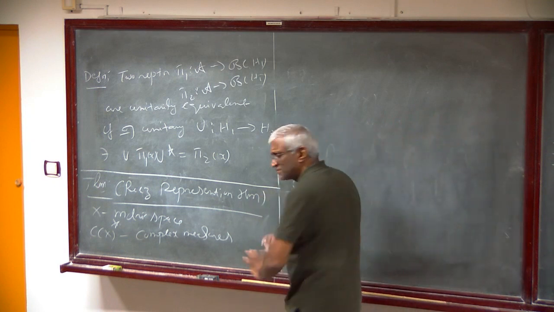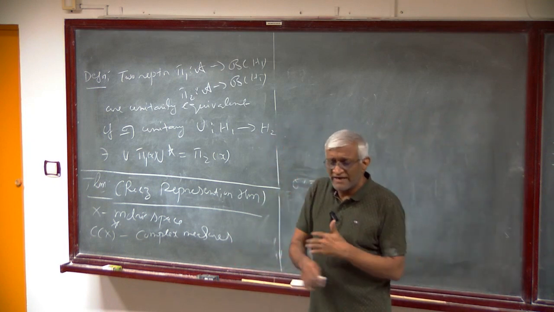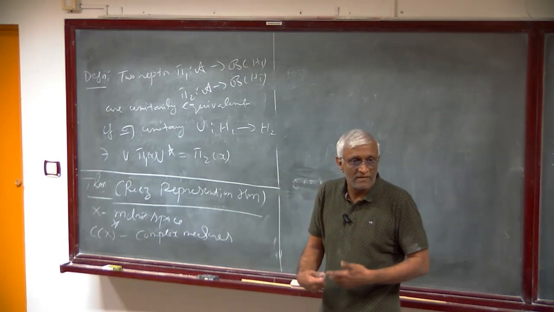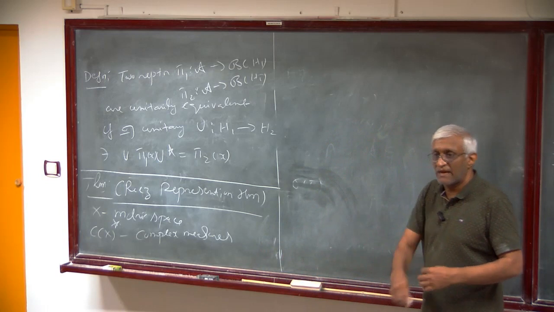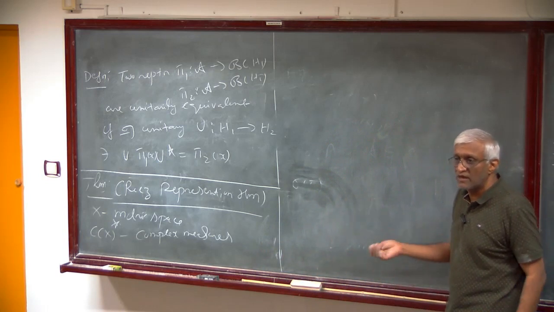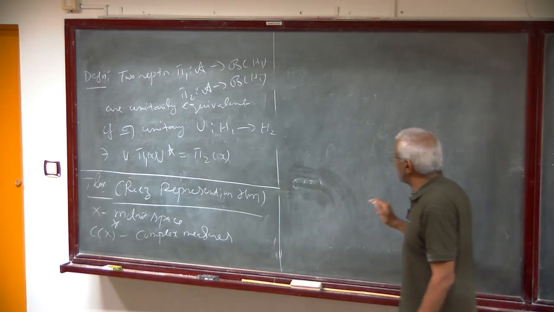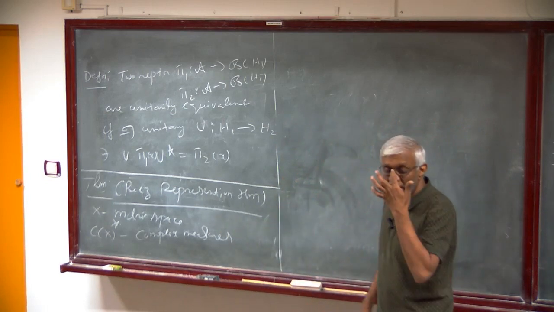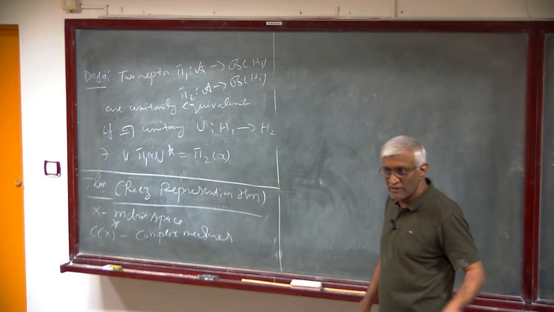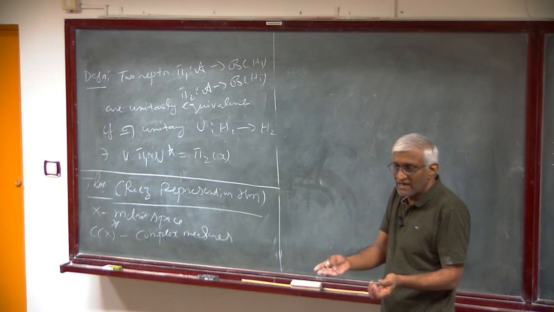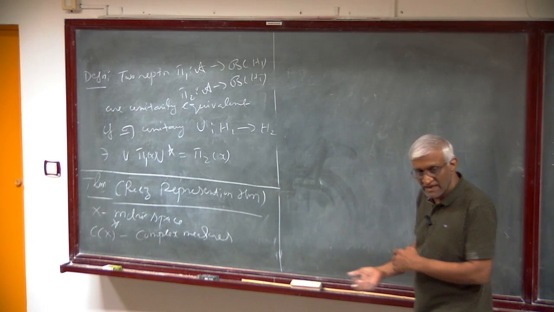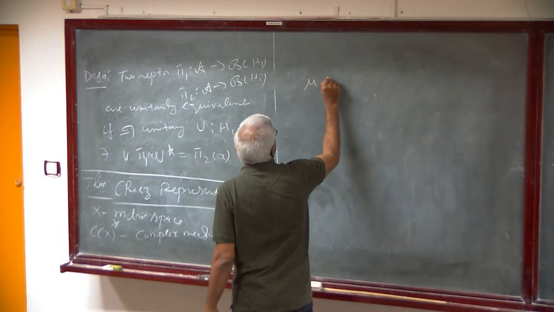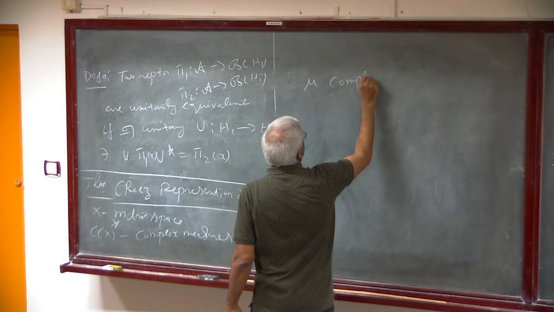So if you have a complex measure, you can associate a positive measure to that, which is what is called the total variation measure, which is not just the mod of that. Let me just define it. A complex measure is just an additive function on the sigma algebra. It's like a measure, but it can take complex values. But the nice thing about it is it will not allow infinity. Usually for a measure you will allow infinity, since infinity is not a real number, but here it will take values in complex numbers. So mu is a complex measure